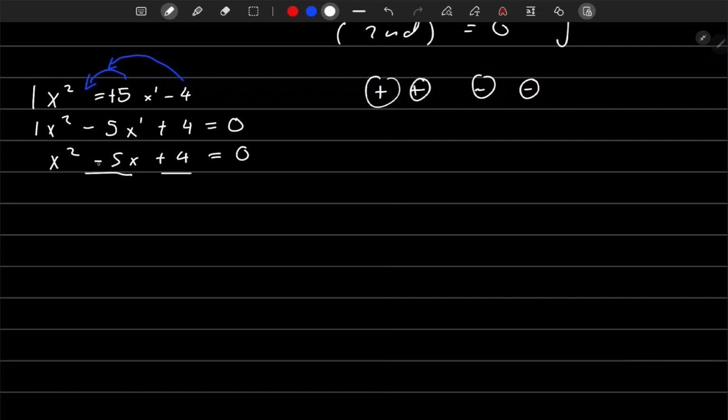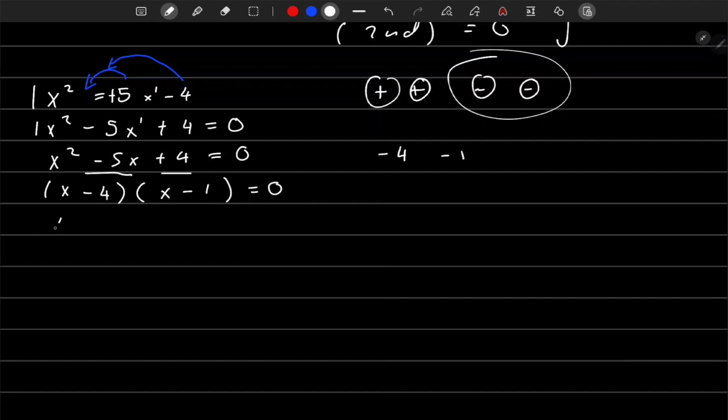However, you can see that the number we're supposed to add to is negative, so the only one that will work is two negatives, because two positives are not going to work. So the two numbers that multiply to 4 and add to minus 5 are minus 4 and minus 1. So we open our two brackets, x minus 4 and x minus 1,